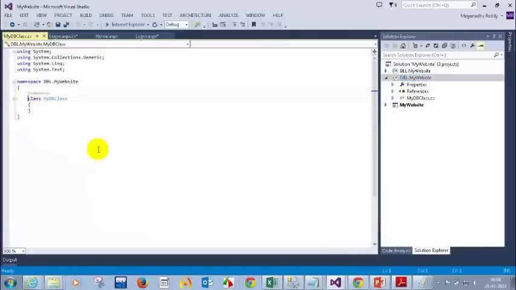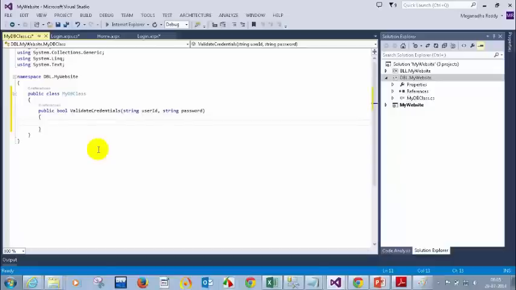So here what I'll do is add a method for validating the user ID and password. I'll write it like this: public bool, I'm using bool, ValidateCredentials, and string userID and then string password. Okay, so I'm going to write ValidateCredentials with user ID and password. Okay, now